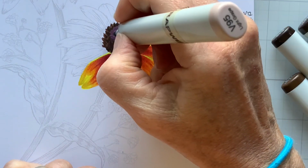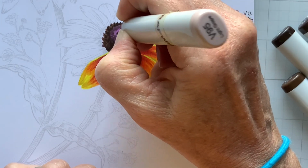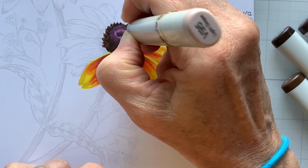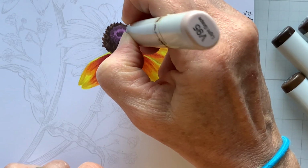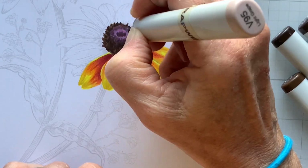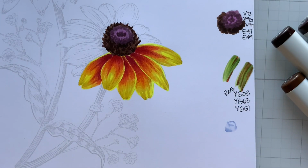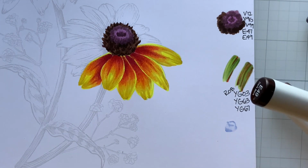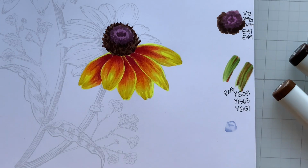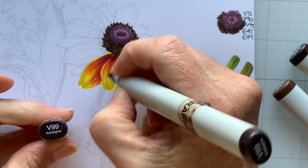And I'm just going back and forth a little bit with some of these colors. This is that V95, gonna soften that up, break it up a little bit as much as anything. I think I'm gonna stop there. I need to stop there because I'm gonna keep messing and then it's gonna smush all around and I'm not gonna be happy with it. So stopping there. I do think, after seeing this, and I'm looking back at my image, I'm going to take that V99